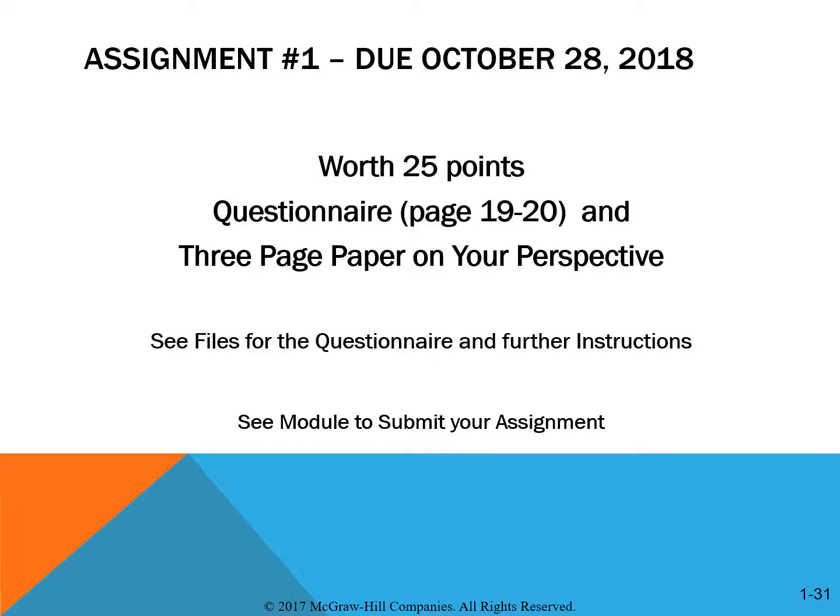So the 4 perspectives that we just reviewed, what combination or which ones are you leaning towards? There are more instructions in the files menu on the left-hand side, and then you will submit your assignment by uploading it online in the module for assignment number 1.